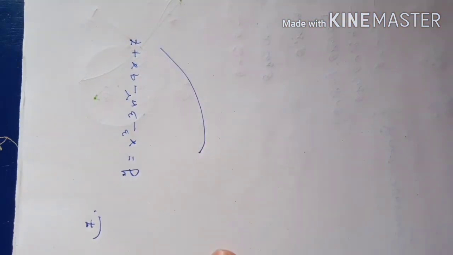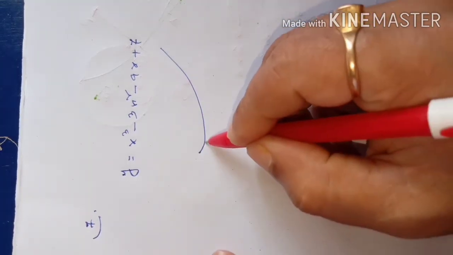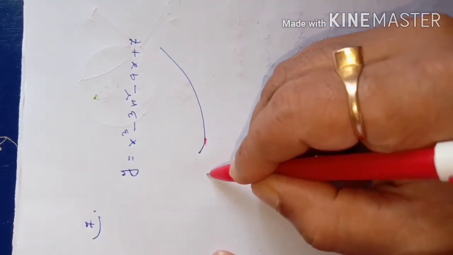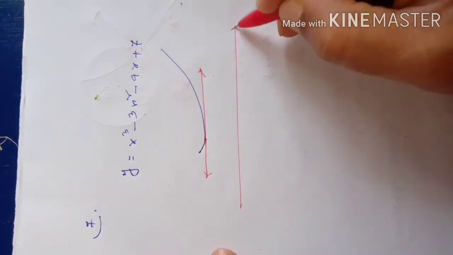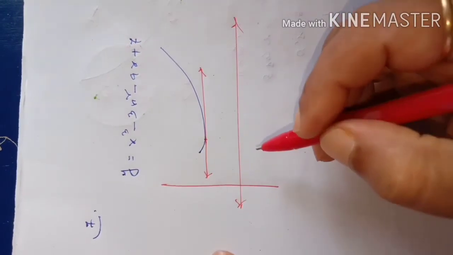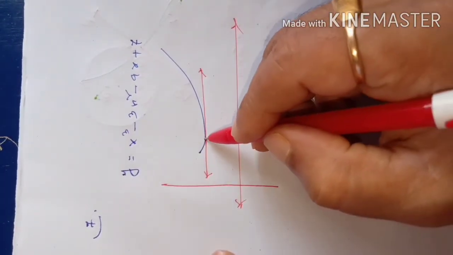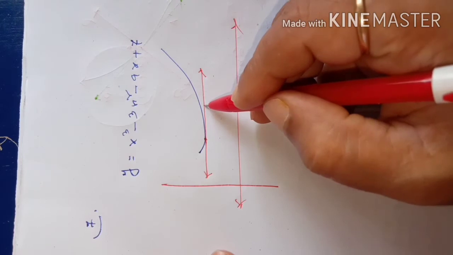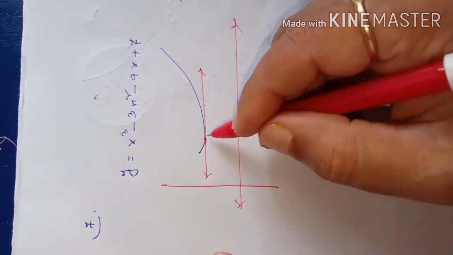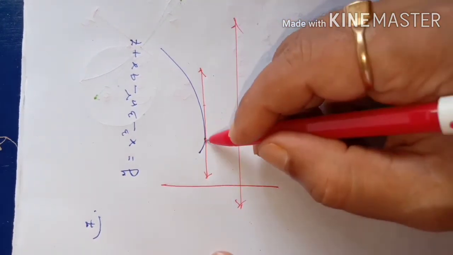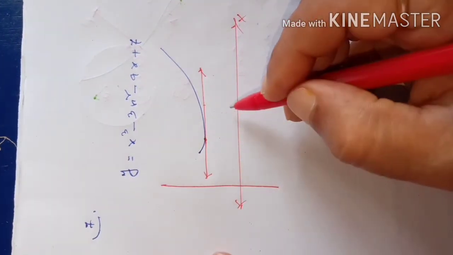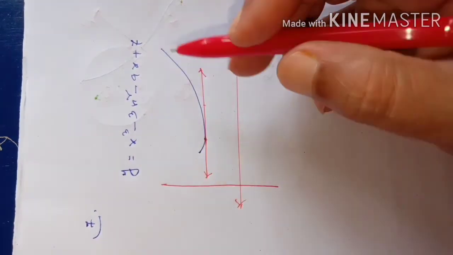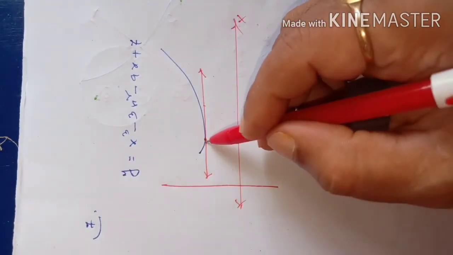Then if we have a tangent here, at this point, this is the tangent, suppose. Since it is parallel to the x-axis, the slope of this tangent at this point is equal to 0, because only if it is 0 does it make no angle with the x-axis. That is, if we write the slope equal to 0, then we will come to know which point this is.